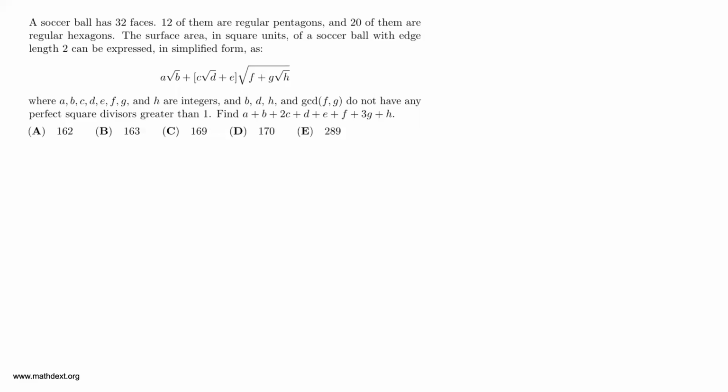A soccer ball has 32 faces. 12 of them are regular pentagons and 20 of them are regular hexagons. The surface area in square units of a soccer ball with edge length 2 can be expressed in simplified form